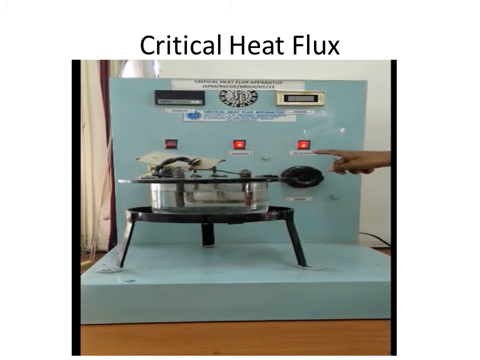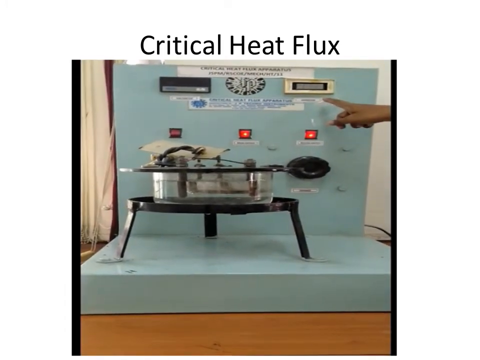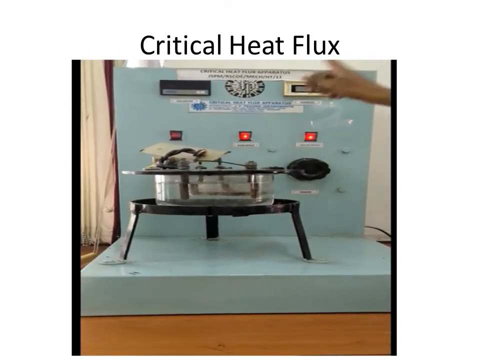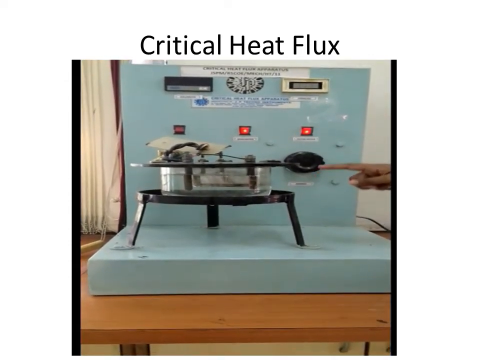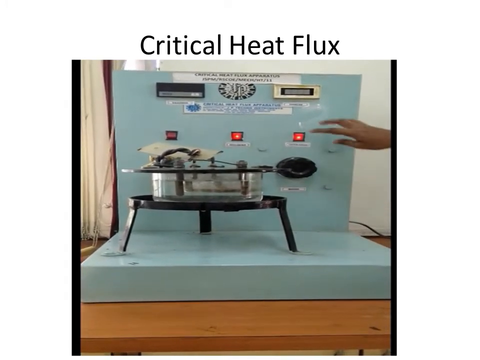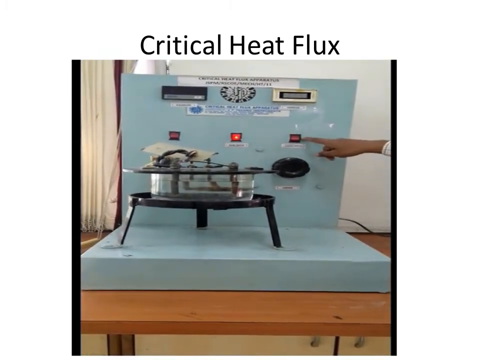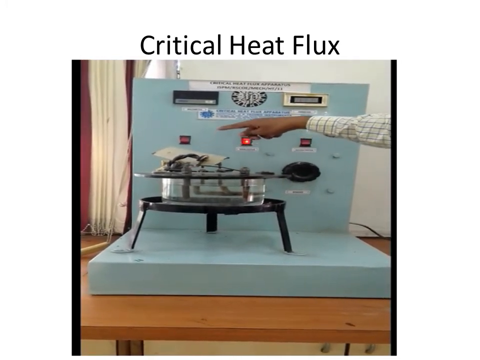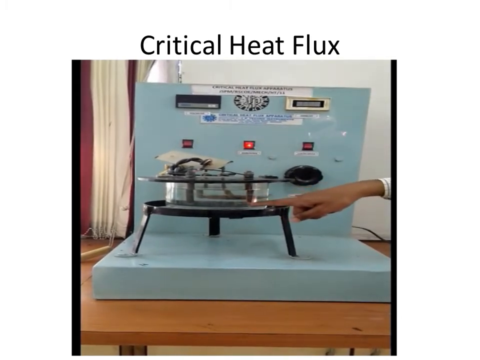Please make sure that your dimmer is at zero while you are doing the experiment. Voltmeter and ammeter. This is the only experiment where we need to take the readings of voltage and current. Now what is the procedure? First of all, we fill the water and start the heater switch. You have to boil the water, and after the water is boiling, you have to switch off your heater. Now after that, you can see one more switch here. That is the switch for providing current to this electrode, and that current is passed to the nichrome wire.